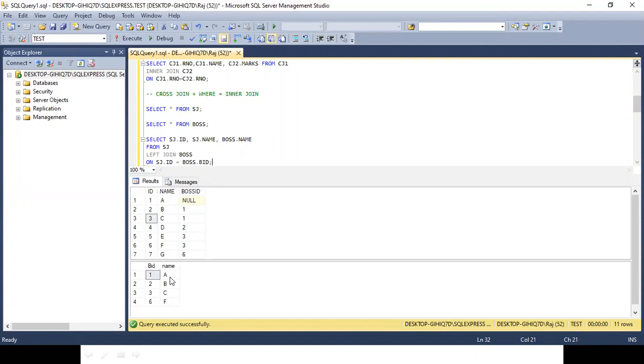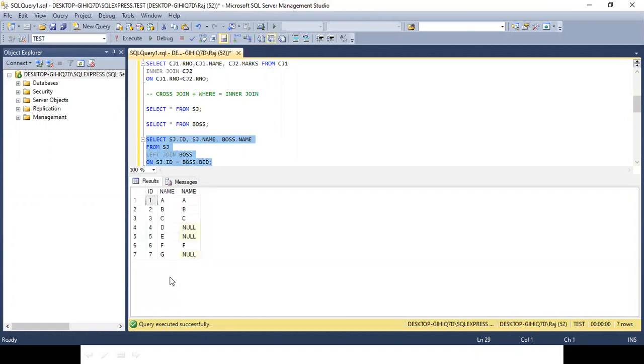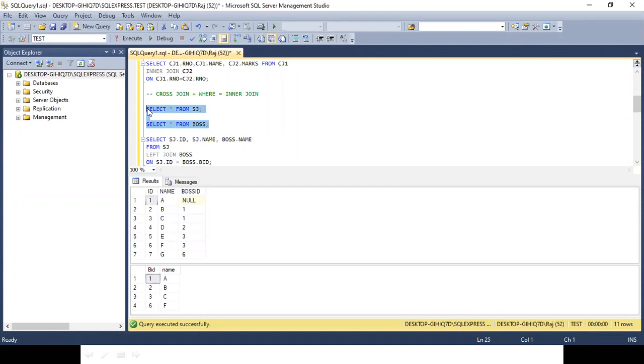Let's execute it. We are getting the employee ID, name, and the name A, B, B, C, C, right? We are getting the same thing. So let me once again look at these two tables and reconsider the requirement. I know you know the answer.